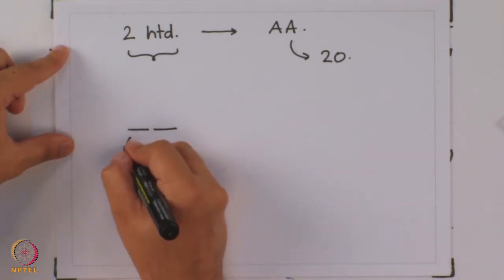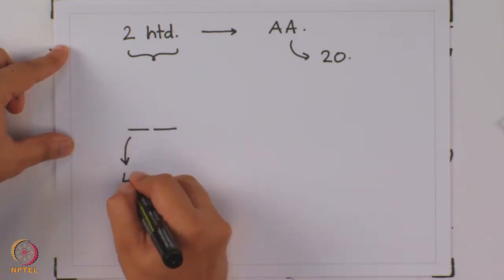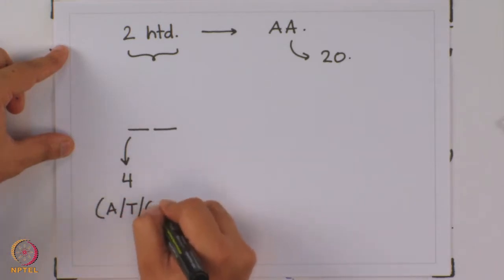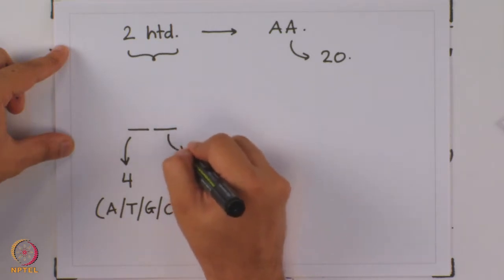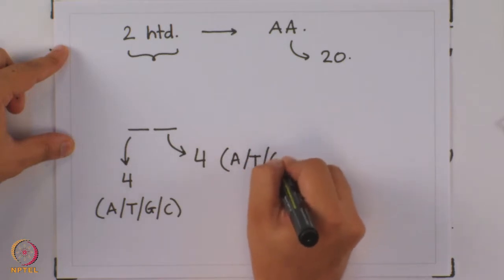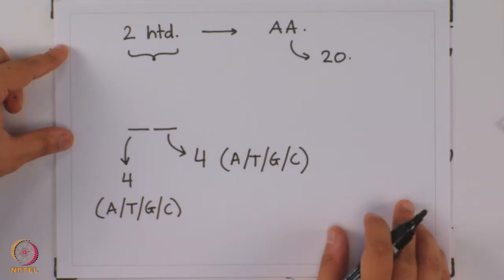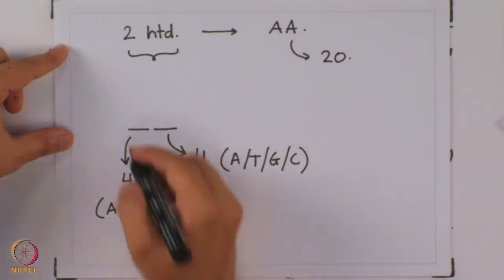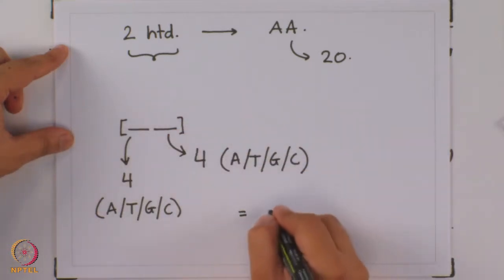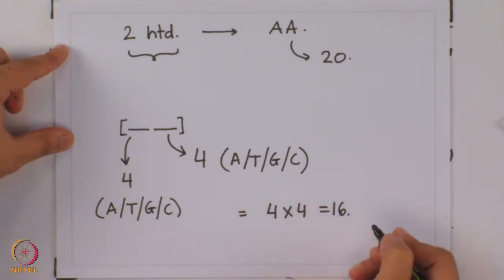And when we do that, how many options do we have to fill the first place of the pair, which is 4, because we could fill the first place by any of the 4 monomers. And when it comes to the second place, again we have the same 4 options of the nucleotides to be allotted to the second place, and that would give me the pair that I am talking about. The total number of nucleotide pairs that I can generate is 4 into 4, which is 16, but 16 is